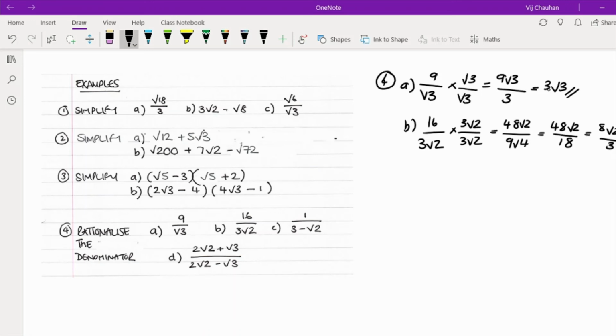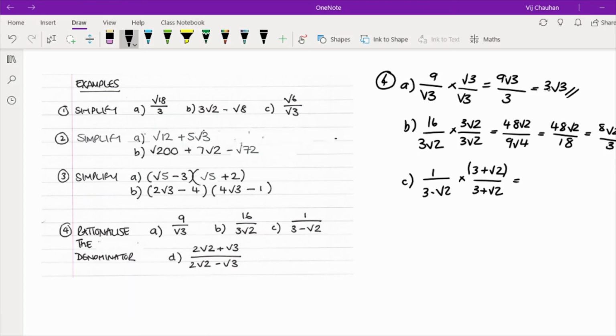Moving on to our next question, which is C. Here I've got 1 over 3 minus root 2. Here we've got two terms, in which, remembering what I mentioned earlier, you need to reverse the sign that's in the middle. So we're going to multiply both the top and the bottom by 3 plus root 2, which leaves us with 1 times